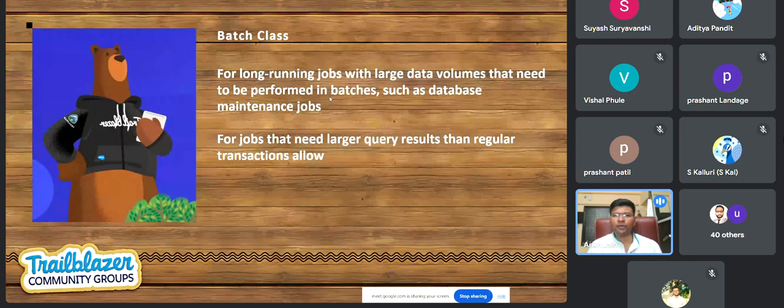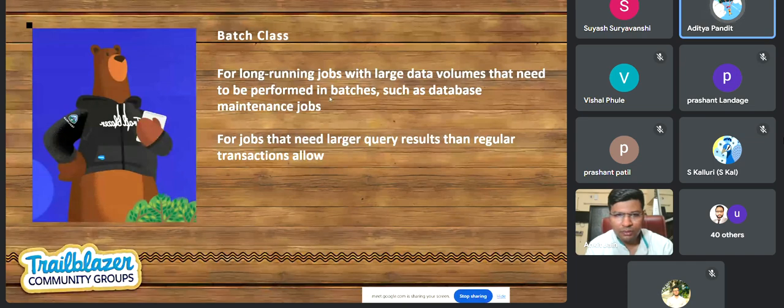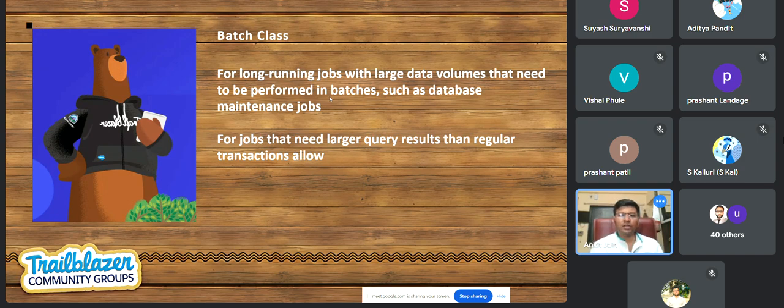Any specific question you have for the batch class? What is the main difference of Iterable versus Database.getQueryLocator? The use case is only around whether you have the data with you already or you don't have the data and want to query it.